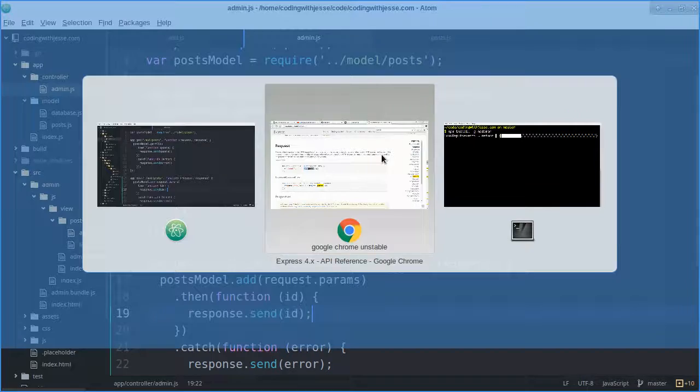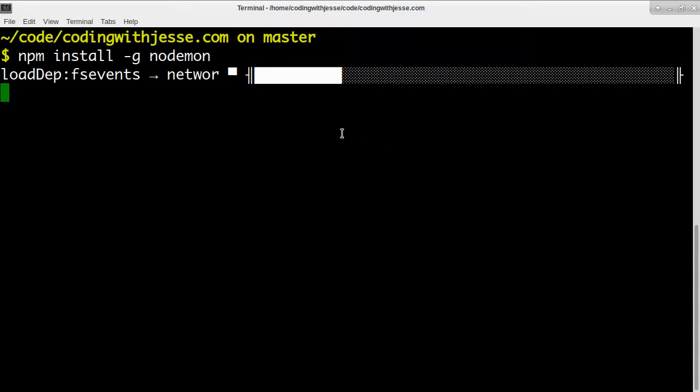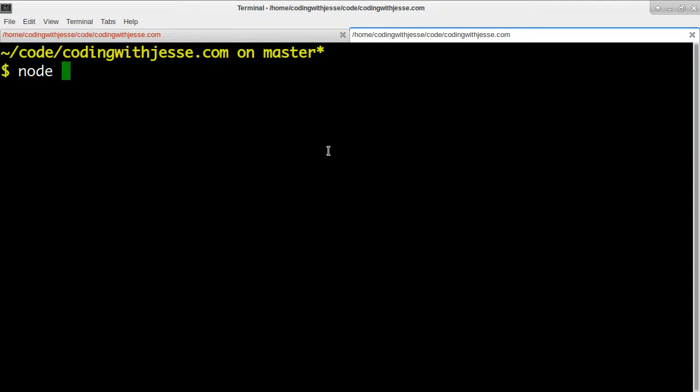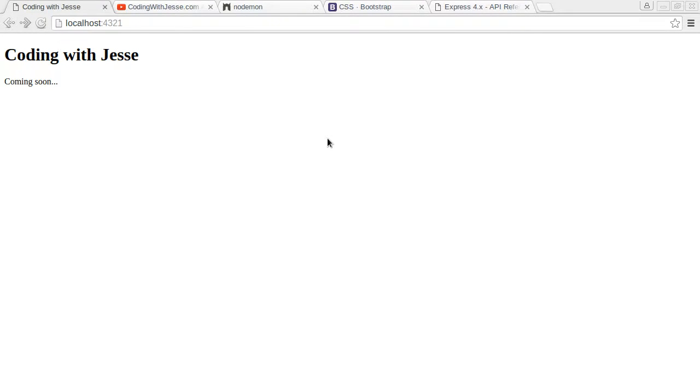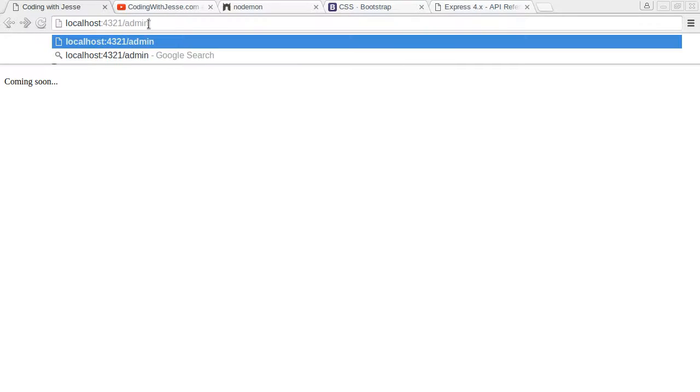So I've done a lot of stuff. I'm still waiting on NodeMon to download, but while that's happening, I'm just going to switch to a new tab and do it the old-fashioned way. Node app, and then I'll open that up in the browser here. So if I go to /admin